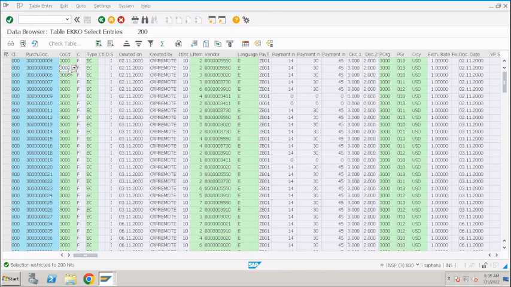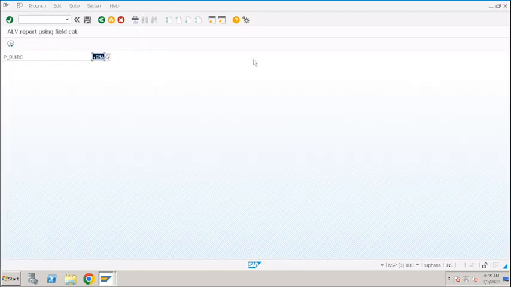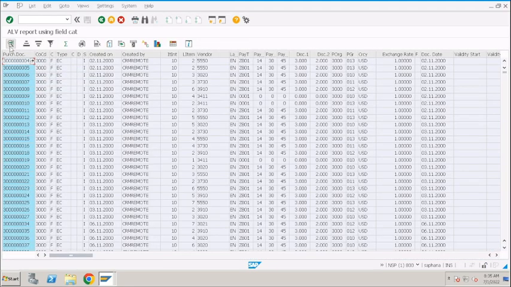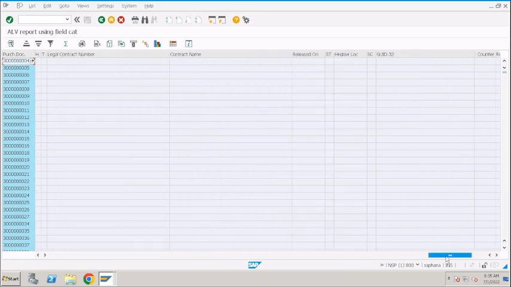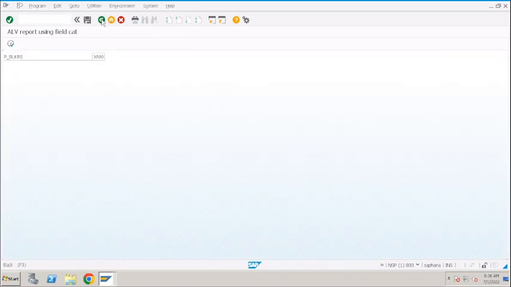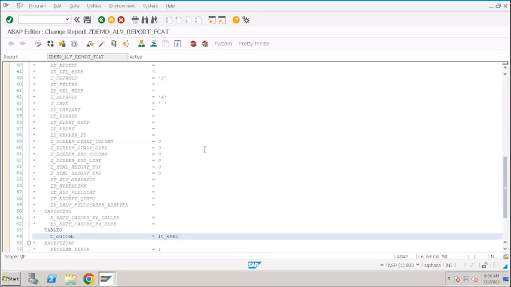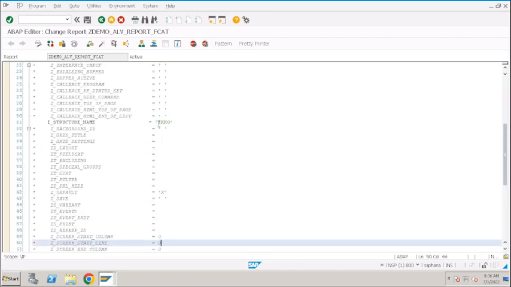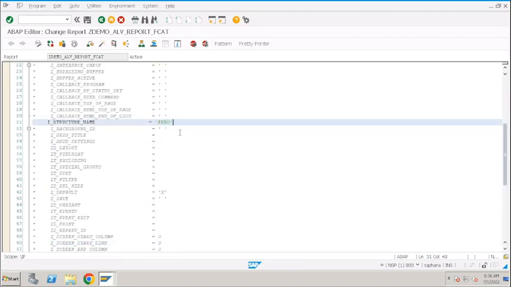We'll select one company code, that is 3000. So this is my ALV output in the grid display. What I'm doing here, I'm displaying all the fields of the table. That's why I'm using the structure name or table name here. In the place of structure name, I can pass a DDIC structure or a table name. Okay,